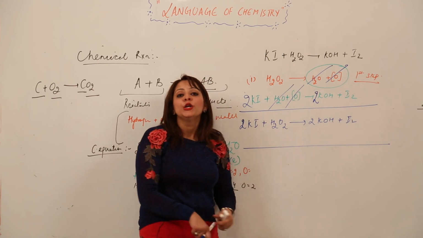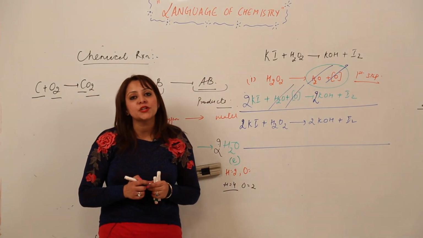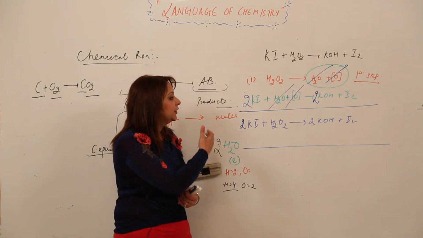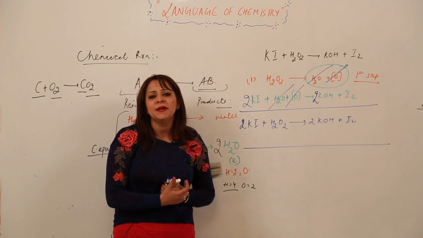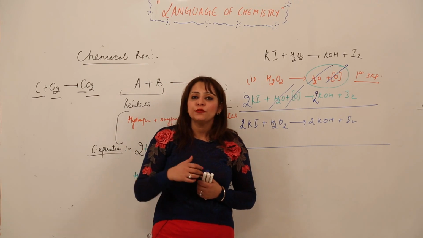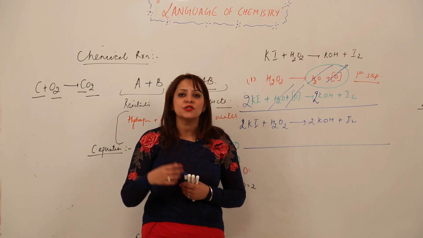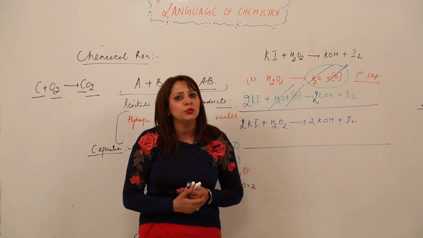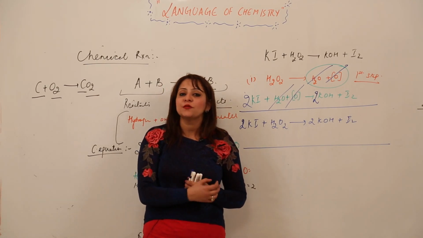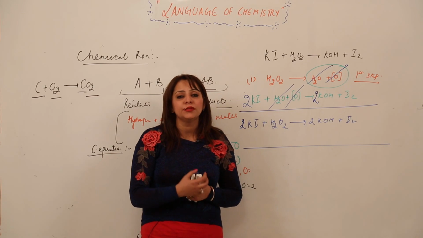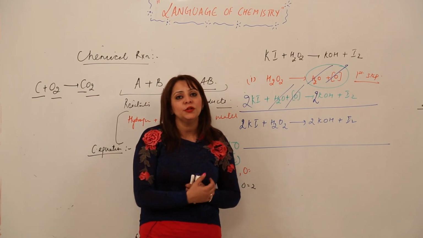So this is how you balance the reaction by the partial equation method and by the hit and trial method. Both methods are equally efficient, but generally the method which is used is hit and trial. So whenever you look at a reaction, try the hit and trial method. If you are unable to do that, then try the second one, unless you are told that your teacher needs the balancing done with this particular kind of method.